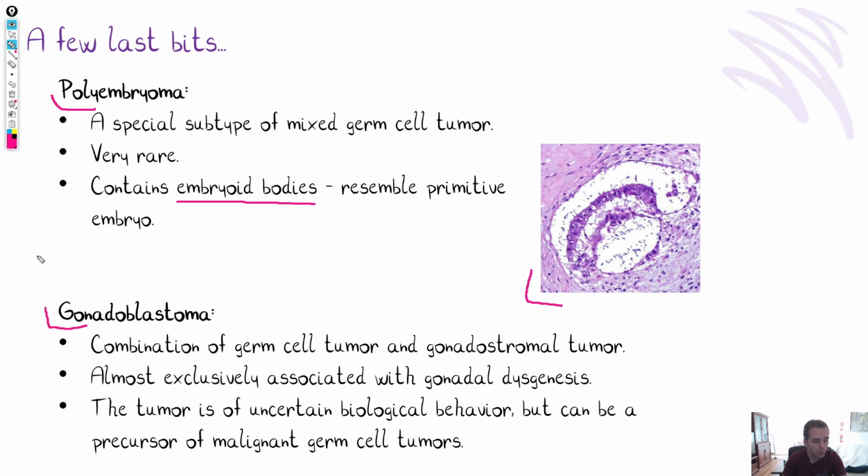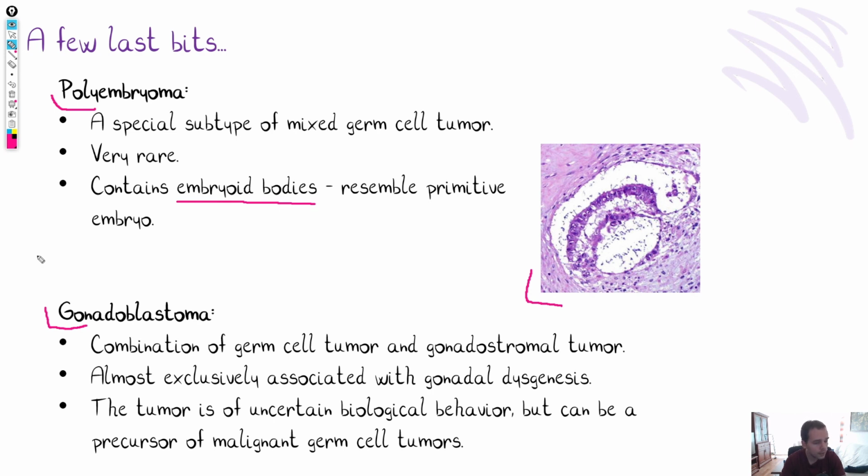And you should definitely remember gonadoblastoma. Gonadoblastoma is a special tumor. It's a combination of germ cell tumor and gonadostromal tumor. So it will be a mixture of germ cells, neoplastic germ cells, and neoplastic gonadostromal cells. I won't discuss the histology in detail because I think it's not necessary for the undergraduate level. But